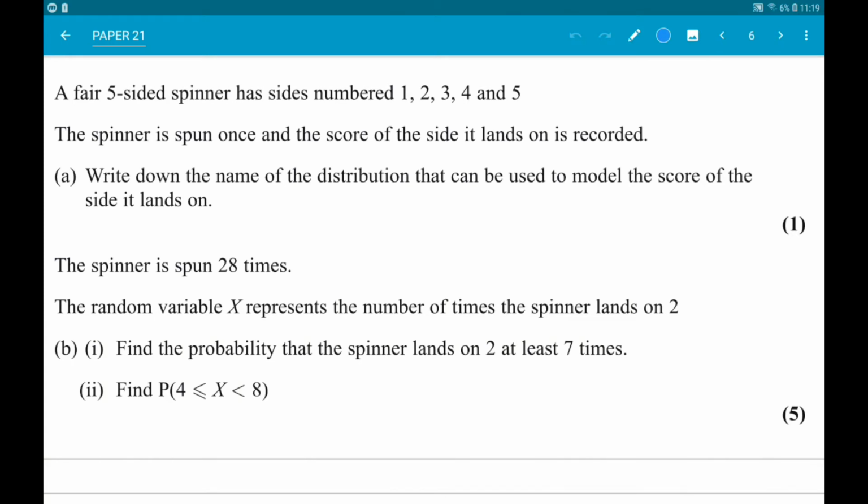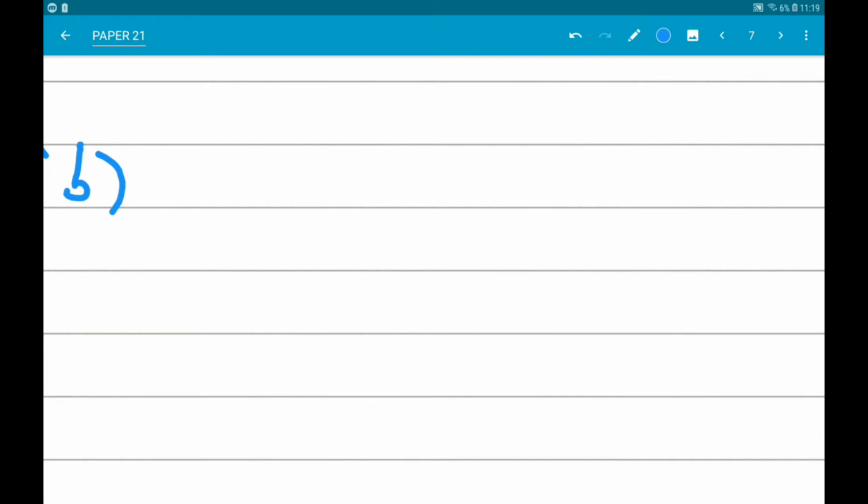Part B. The spinner is spun 28 times. The random variable x represents the number of times it lands on 2. Part 1. Find the probability it lands on 2 at least 7 times. Alright. So, the spinner either lands on 2 or does not. So, this is binomial. So we can say x is binomially distributed